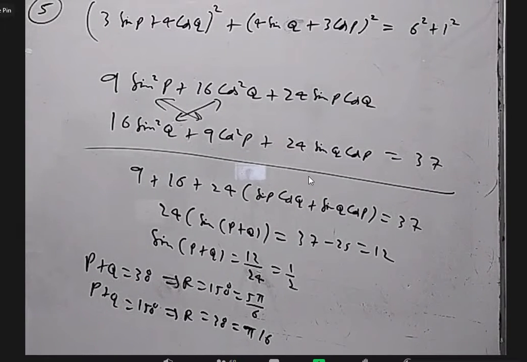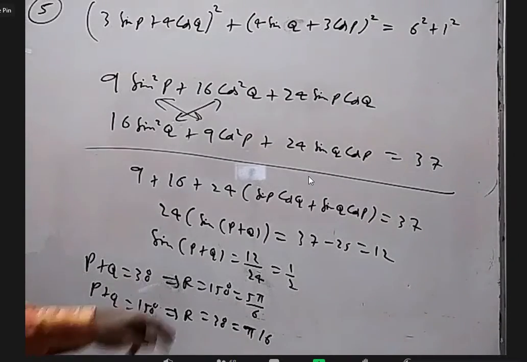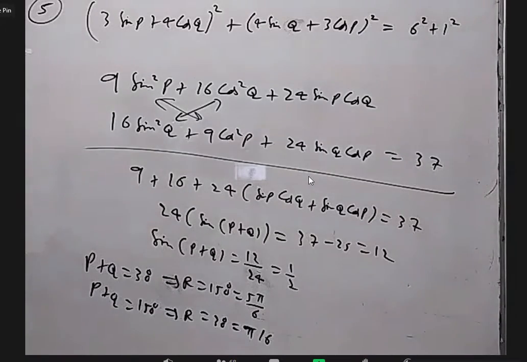Okay, so this question is nice. This is a past year Mains question. Sir, we can take 150 and 30 both, sir. No, only one of them is correct. Purposely we gave both options so that you have to think which one is correct. Sir, we should substitute the values of 30 and 150 in the given equation. But what will you substitute? We don't know p and q. We only know p plus q together.